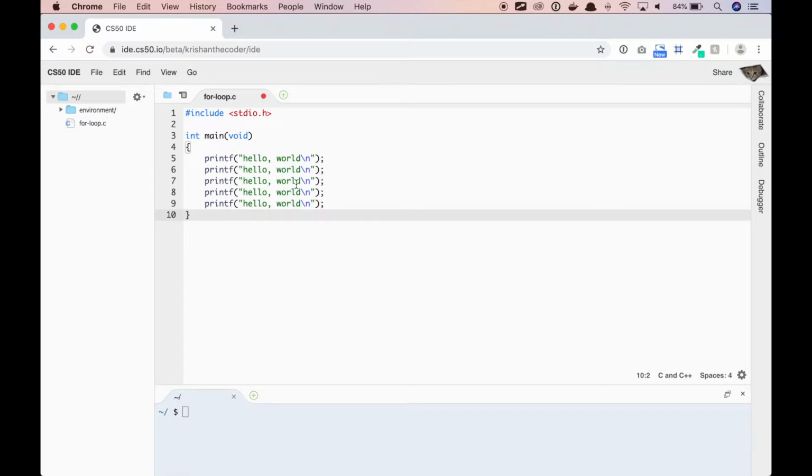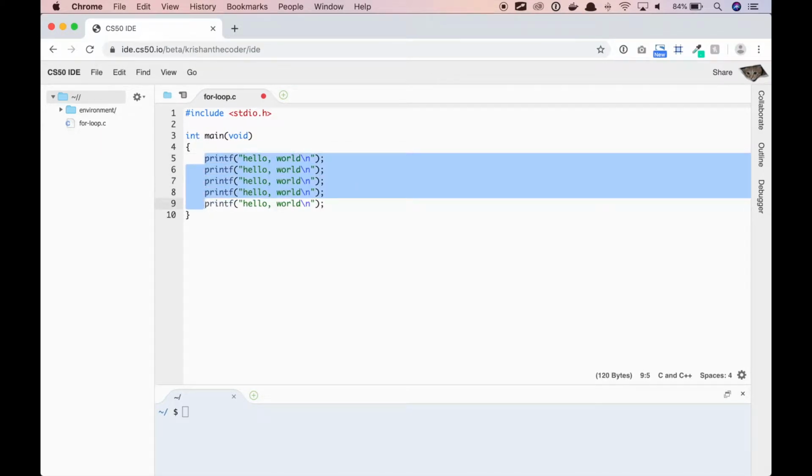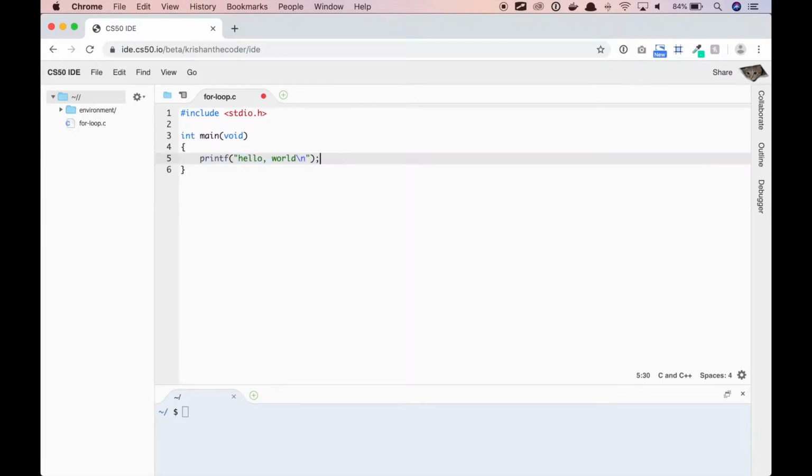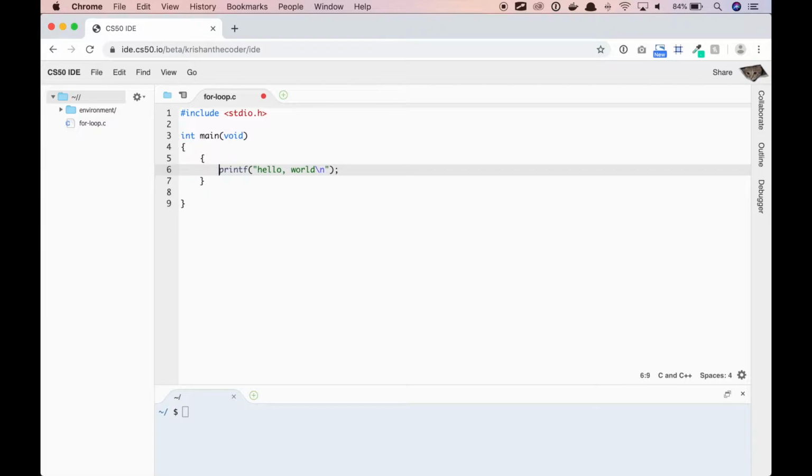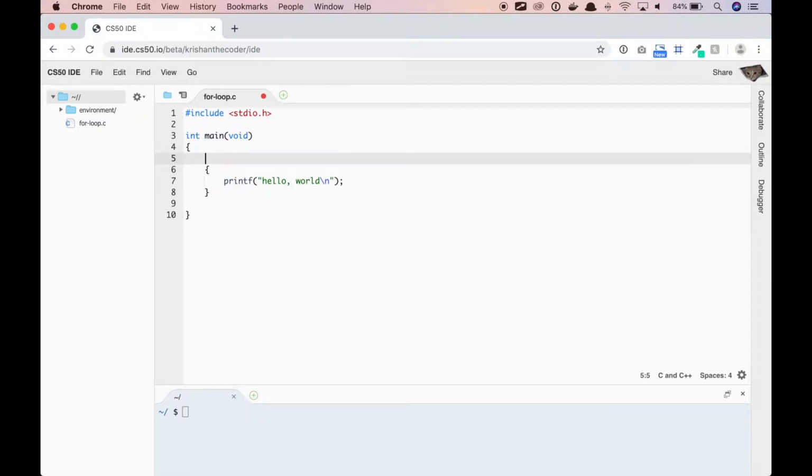So I'm repeating myself. You know, there's an acronym called DRY, which means don't repeat yourself. So this is no good. So we should find out a way where, instead of repeating the code, we can iterate somehow on the same code and do whatever we want to do, like print a number of times. So for that we got for loop,